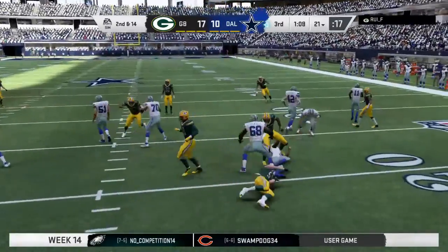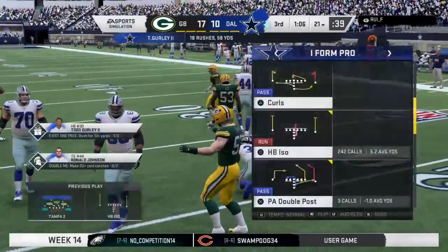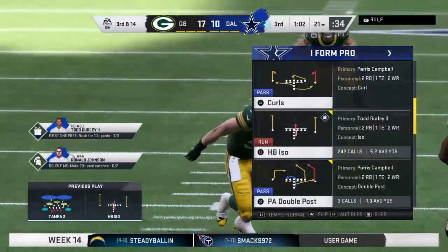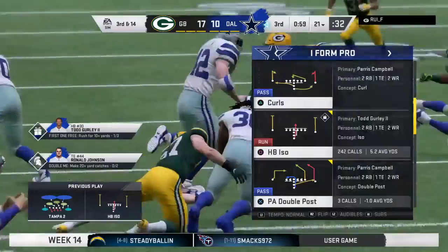Back to the workhorse today. It's Gurley. And again, the run defense stout this time. He maybe gets back to the line of scrimmage, but no more. No gain on the play. It's now 3rd down and